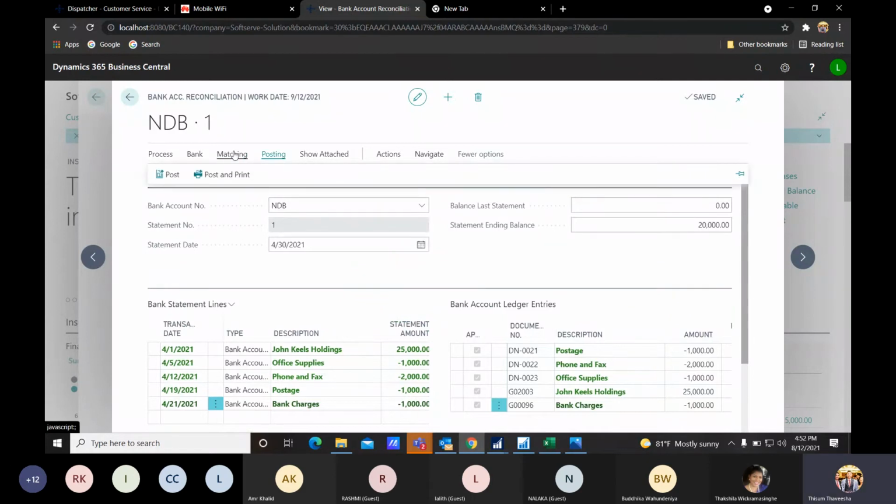So this is a simple way of doing the bank reconciliation. I think your bank partners will have the CSV format, so we can also get the CSV format, and then we can import our bank statements, and it would be automatically matched. You just need to overview and look into those things, compare it, and do the posting. So this is how a bank reconciliation is done.